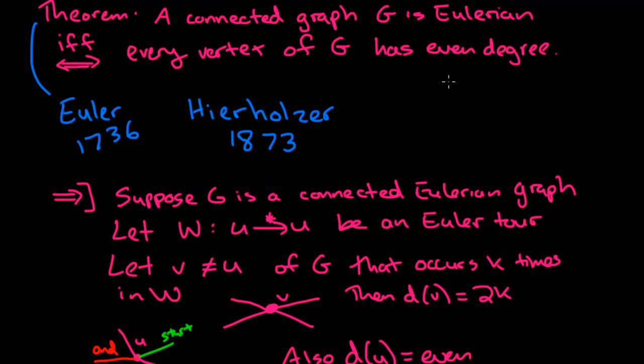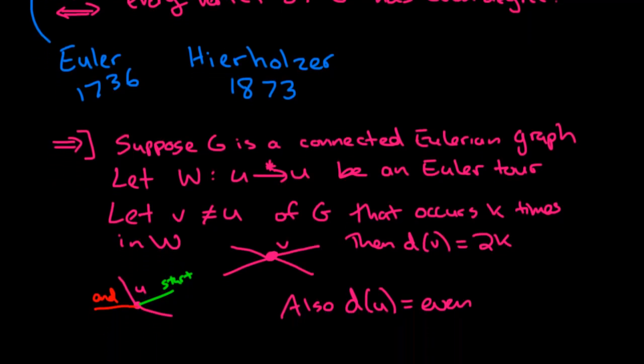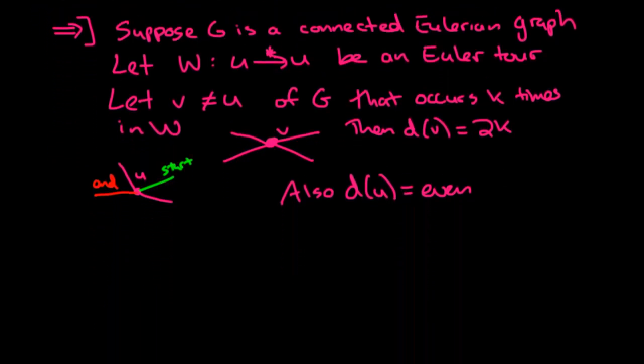Now what we want to do is show that if every vertex has even degree, the graph is going to be Eulerian. So let's suppose that we have a graph where every vertex has even degree. So we're going this direction now. So let G be a non-trivial. Now the reason why I'm writing non-trivial is because if G is the trivial graph on one vertex, then there is a trivial Euler tour which is not taking any edges, and you're already done. So let G be a non-trivial connected graph